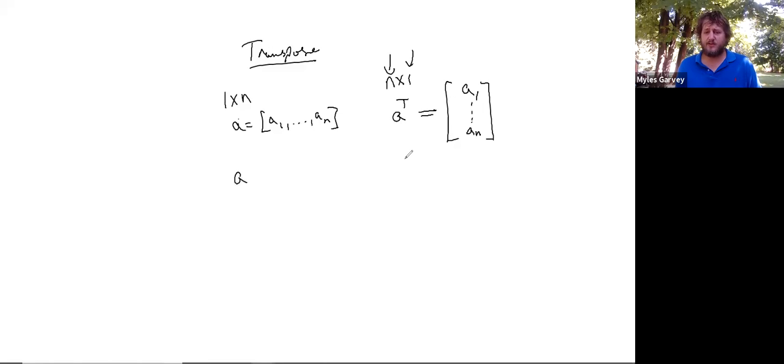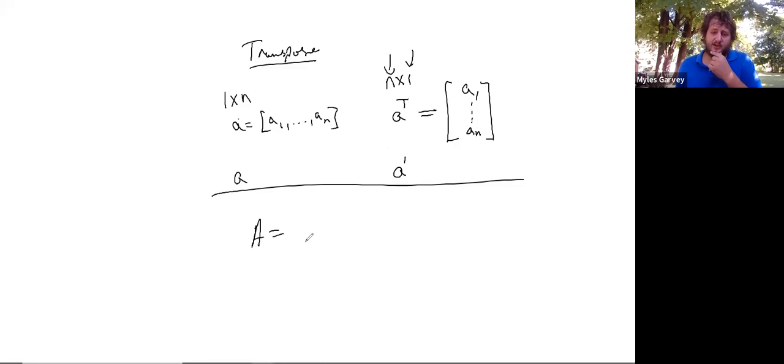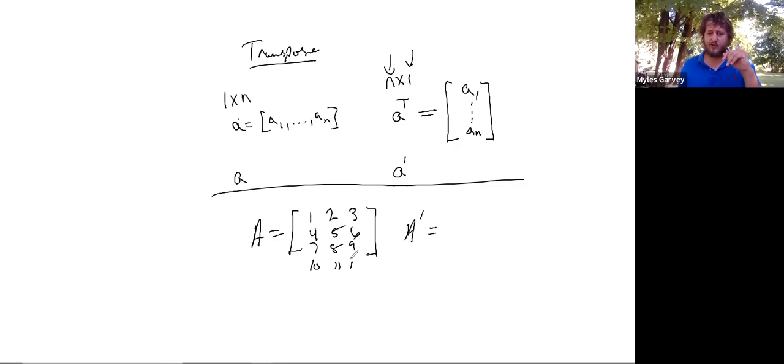Sometimes you will see it written with a dash. Some authors like to use that, including myself, might I add. The T gets exhausting to write. The dash is just fast and easy. Transposes, again, same deal for the matrices. If you have a matrix, let's say 1, 2, 3, 4, 5, 6, 7, 8, 9, then the transpose of the matrix just switches everything. And let me be clear, not all matrices are square. So for example, this is a non-square matrix,